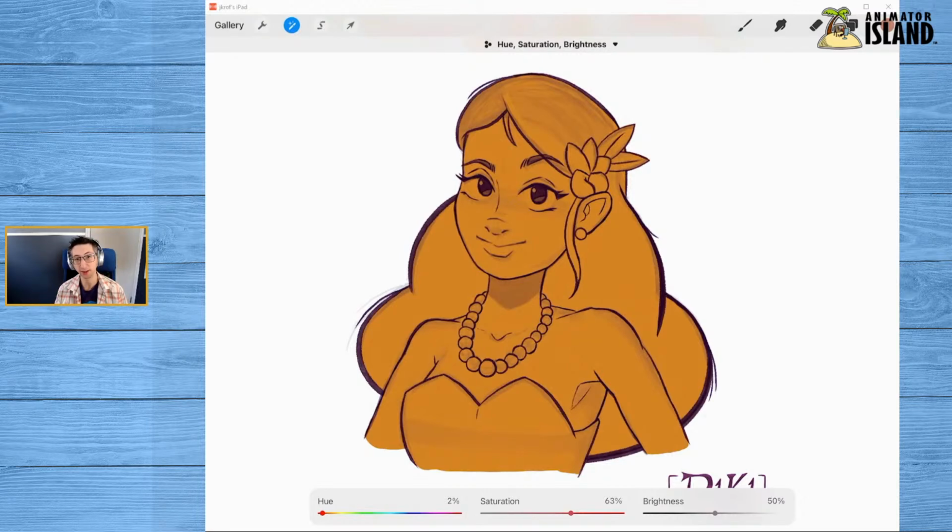So I'm going to go all the way over to the third option, which is brightness, and lighten it up just a little bit because I want the skin tone to be deep, but I don't necessarily want it to be quite as dark as it just was. From there, we can continue to tweak the saturation slider, and we can decide, do we want to go really bold with this image, or do we want to go slightly more pastel-y and less saturated?